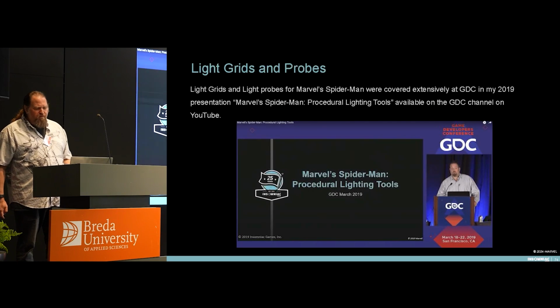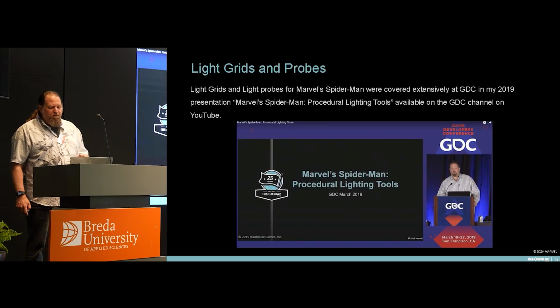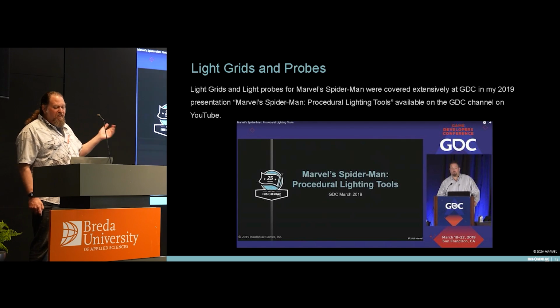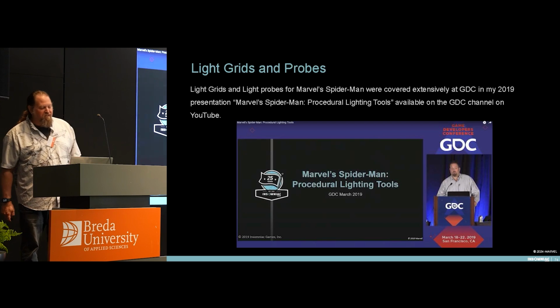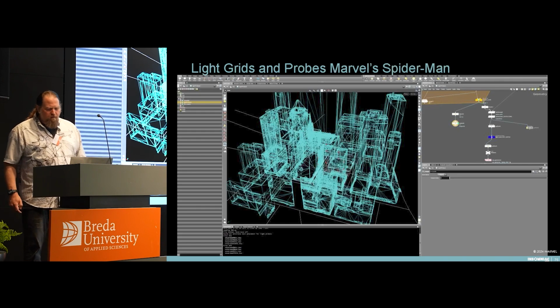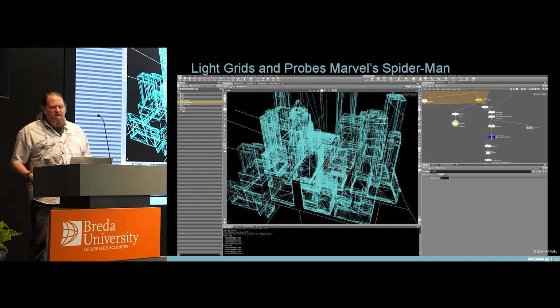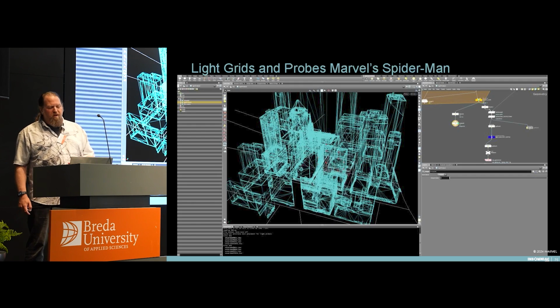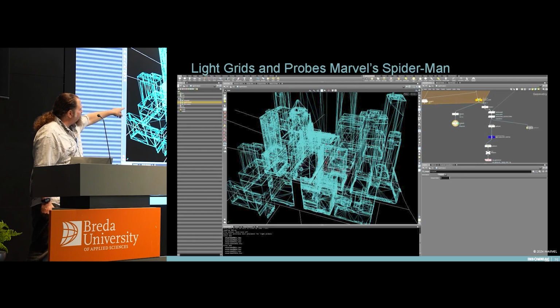The procedural tools for light grids and light probes remained fundamentally stable between all of Marvel's Spider-Man games, and you can see that content in my 2019 GDC talk. For Marvel's Spider-Man 2, we increased the number of light probes from a 2x2 grid per tile to a 3x3 grid per tile. The light probes in this image are a little hard to see, but they're represented by the